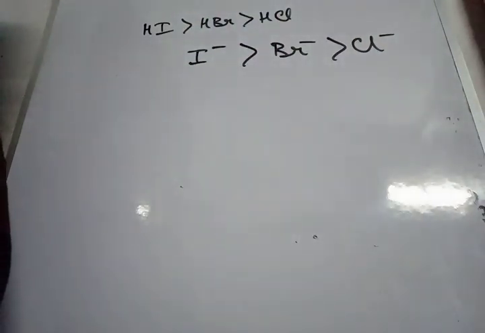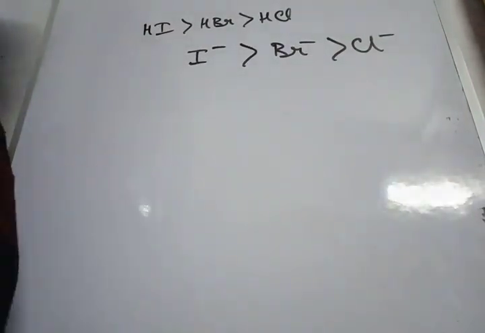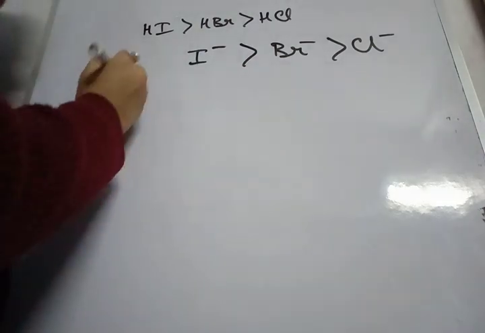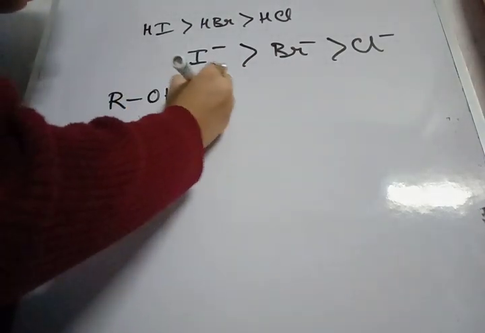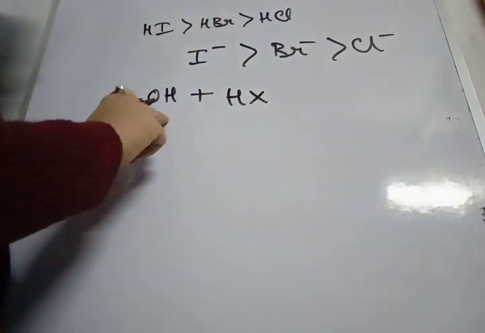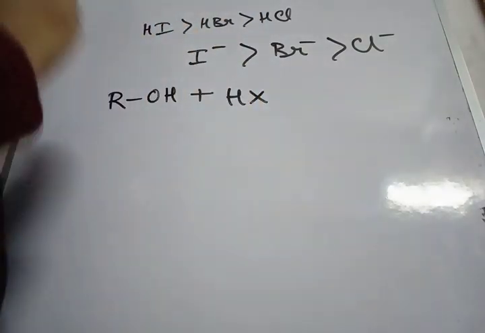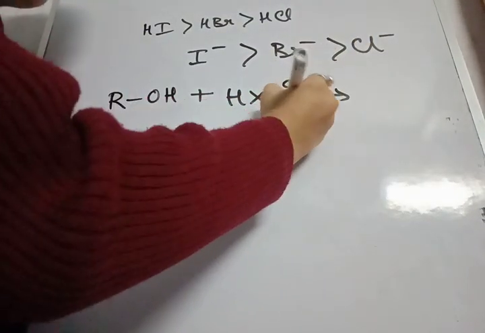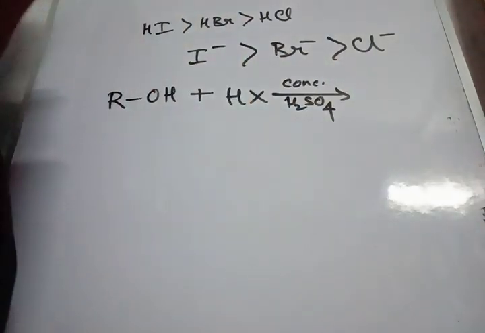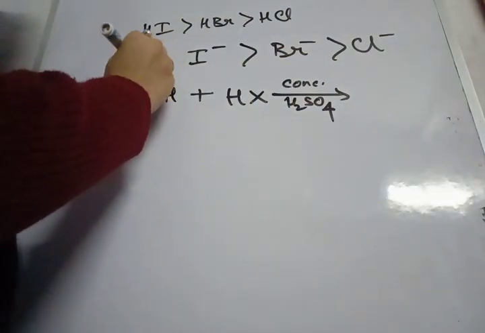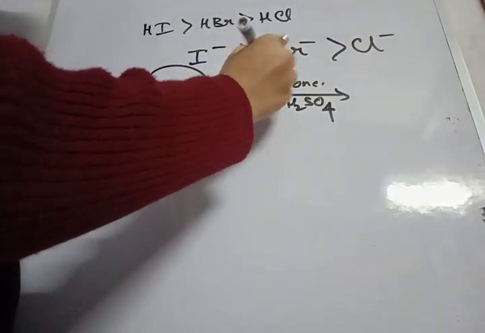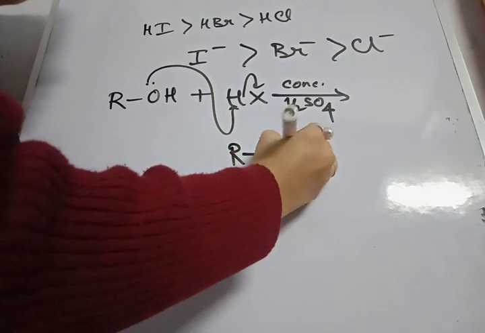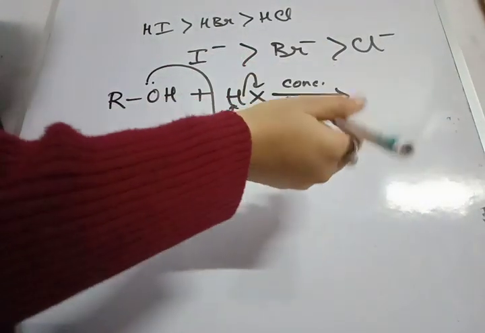Okay. Now usually this reaction proceeds via carbocation intermediate. That means this one. If I write a general one, ROH plus HX, where ROH is my general alcohol, HX my general halogen acid. If I use some dehydrating agent, the common one I am using, concentrated H2SO4. So what will happen? Here, first step, protonation will be happening. So what do I get? ROH2 positive and X negative is generated.